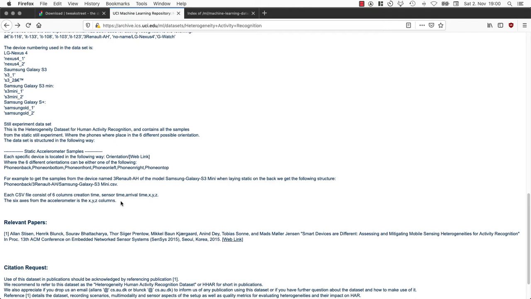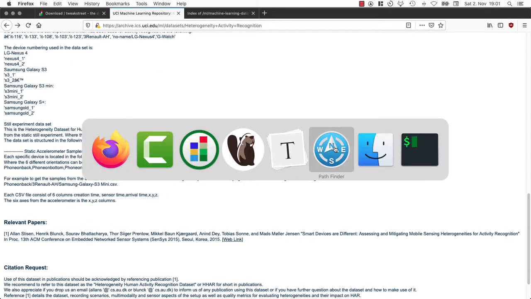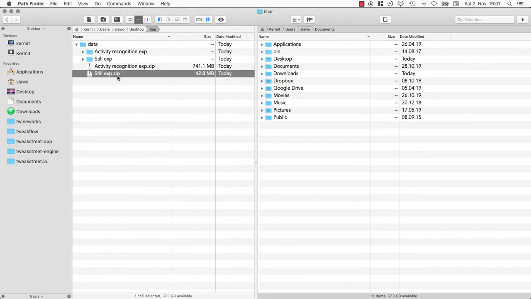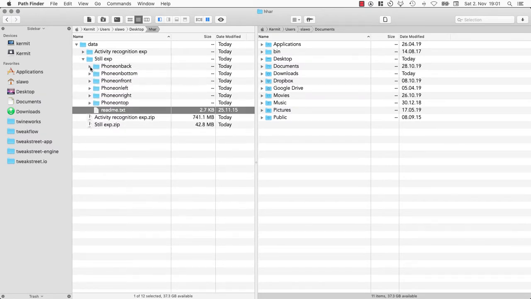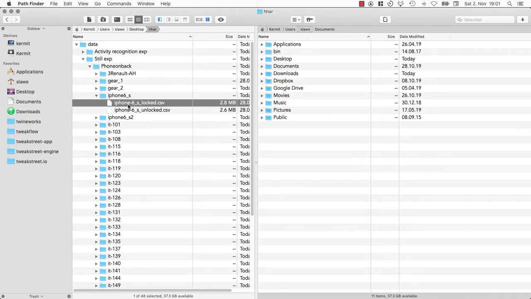All right, how hard can it be? Let's do this. Let's get that into a database. Now I've downloaded these files already. Let's look at those. So this is the still file that we are working with, and let's have a look at the actual content. So let's look at phone on back, and let's see, there's some iPhone data